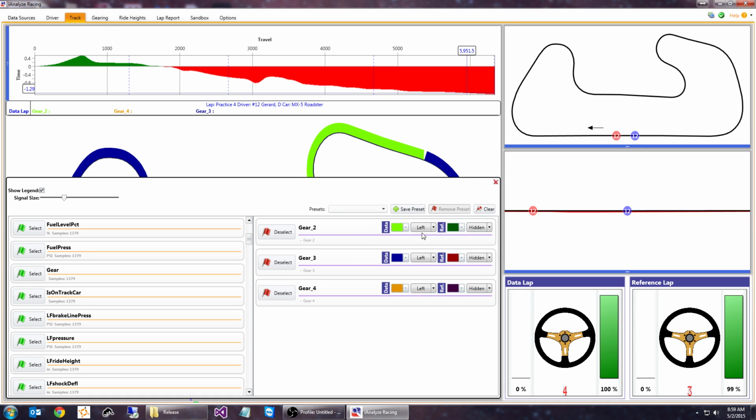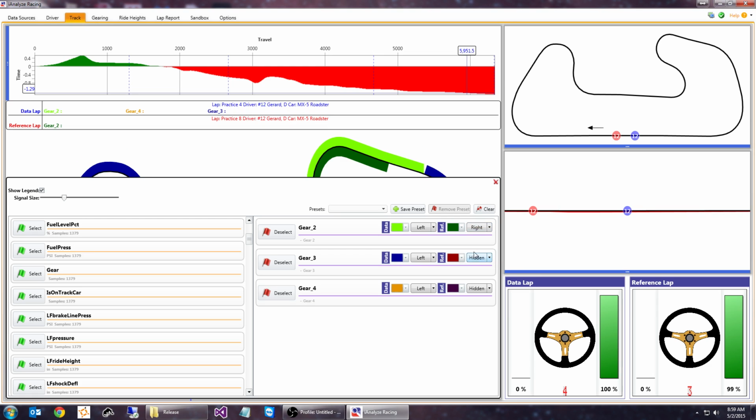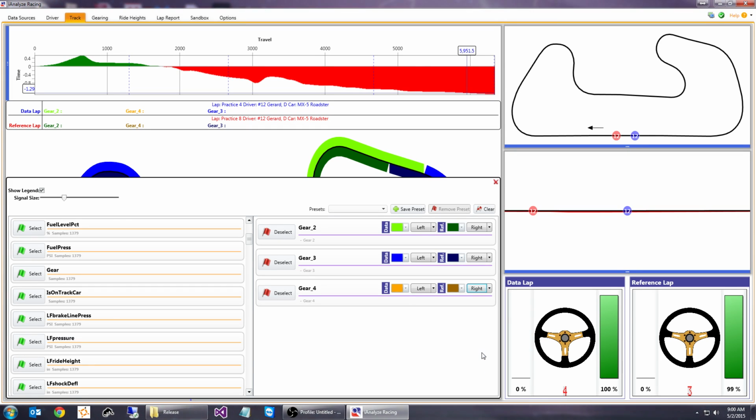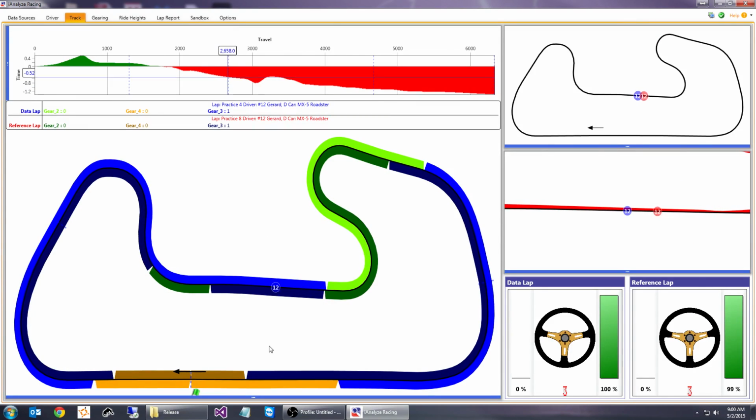And again, we do the same basic thing with the colors. Gear 2 looks pretty good, and we're going to make sure that that's shown on the right side for the second gear. Gear 3, it looks like we're going to make that a blue, and so we'll make the reference side a darker blue. And that'll be for our third gear. And for fourth gear, we're going to go with orange, and we'll pick a brighter shade of orange, and we'll display that on the right side, and on reference we'll pick this darker shade of orange-ish color. And then we can go to the track map,